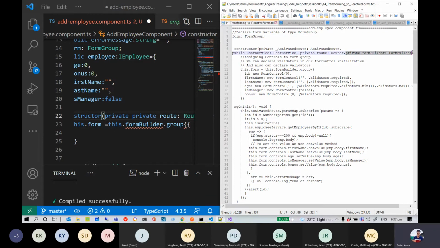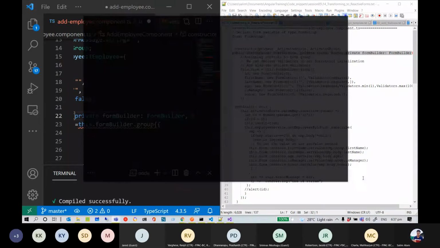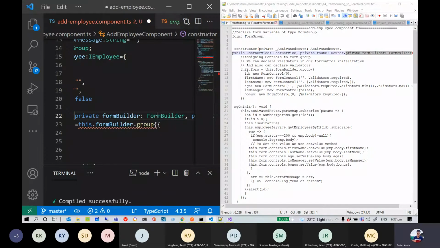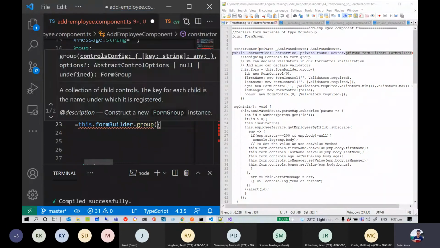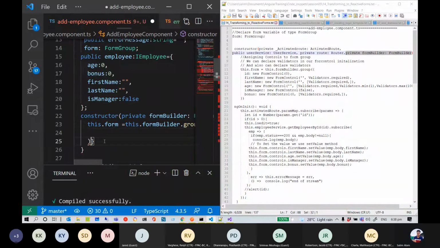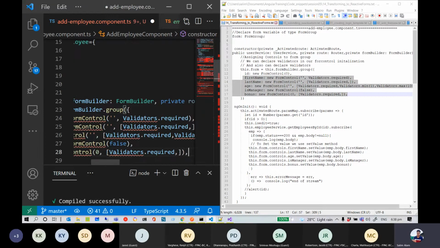I'll just copy from here. And I'll import the FormBuilder. So now the group function expects an object, and we will have to pass it an object here. And the object will be our controls. So here, what I'm doing is